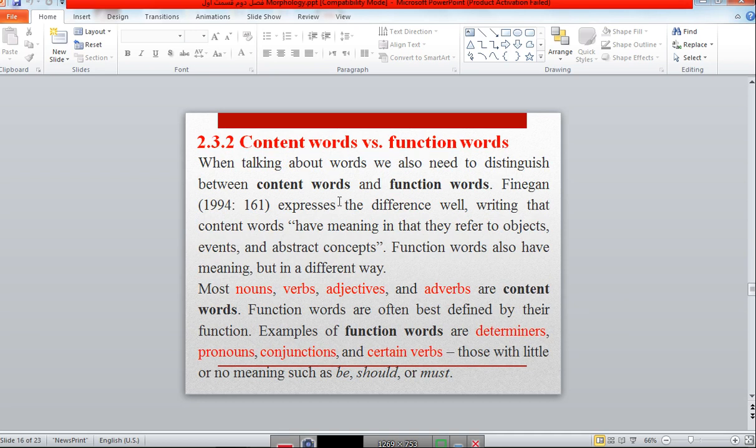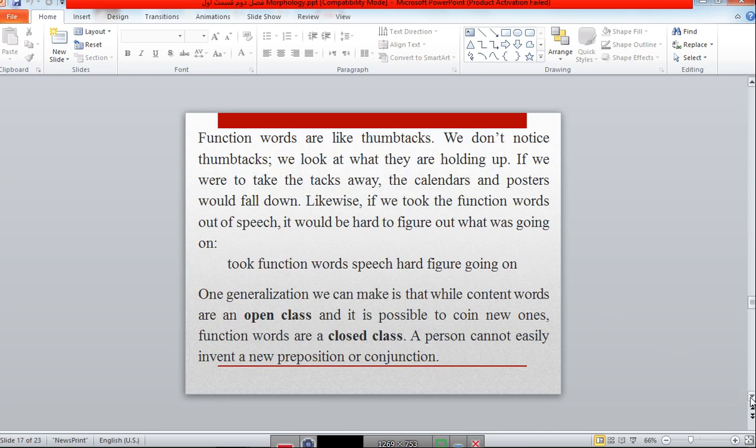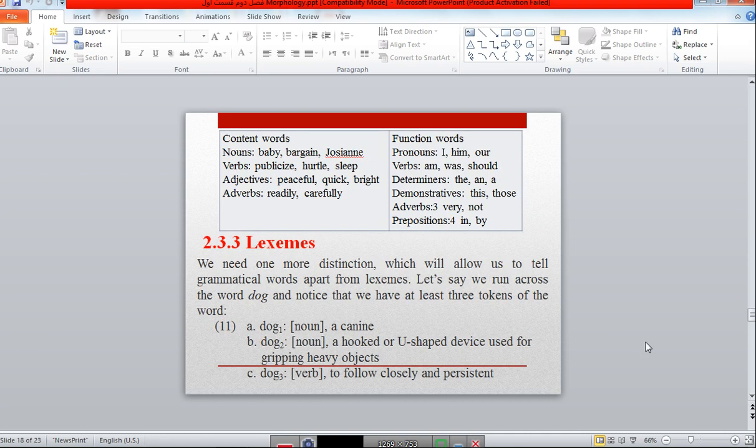Nouns, verbs, adjectives, and adverbs are content words, but words like determiners, pronouns, conjunctions, and certain verbs like be, should, or must are function words. And the last type of word which I want to talk about in this session